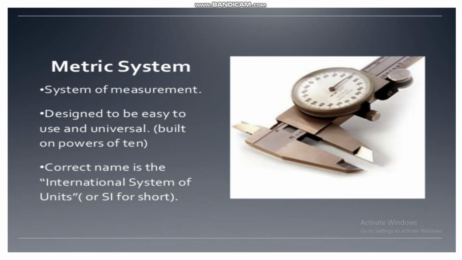As you can see, from 1000 we are coming to 100, then we are coming to tens, then we are coming to 1, and for the smaller units we are going below 1. So, points में values चले जाते हैं. So, the correct name of this system is the SI unit, or we can say International System of Units, or the SI unit for short.